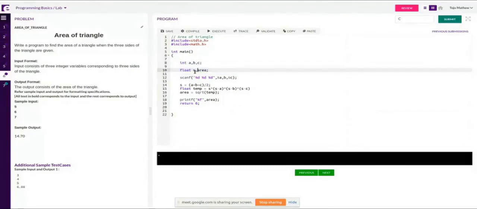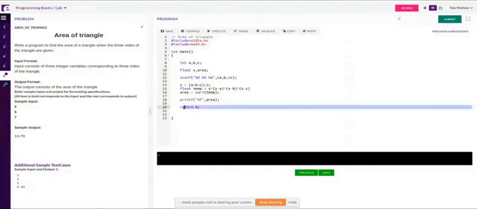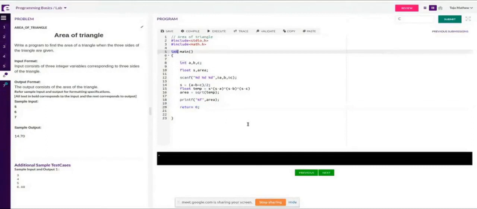In the 5th line, are we not supposed to consider float main, since the output will also be a real number? No. Here, main is what we are giving back to the operating system. It is always defined as int. The output of our program is the area, which is float, that we are displaying to the user.